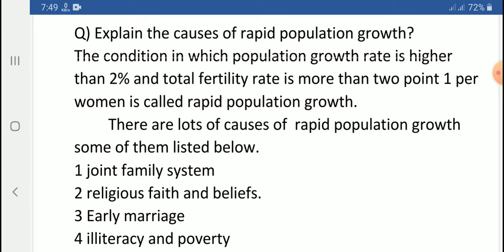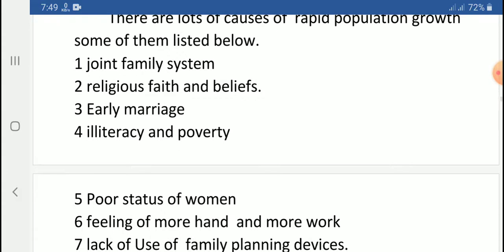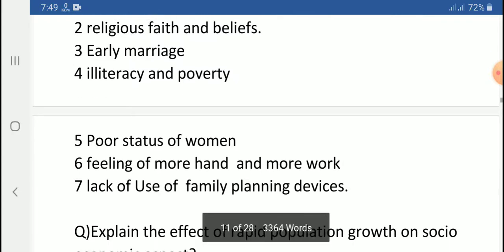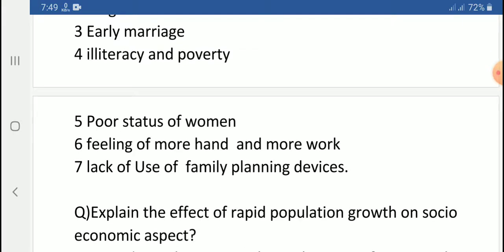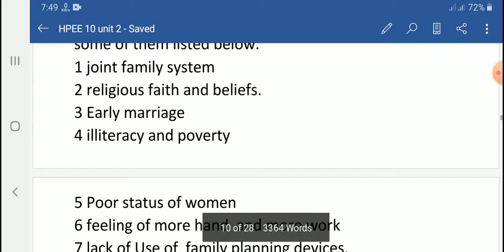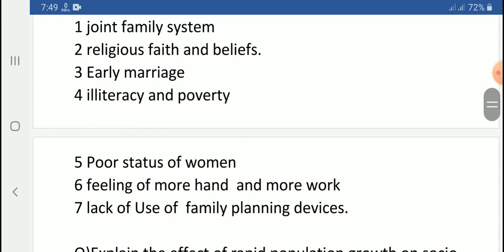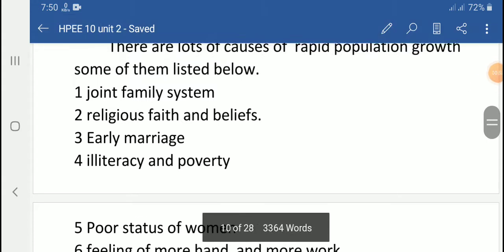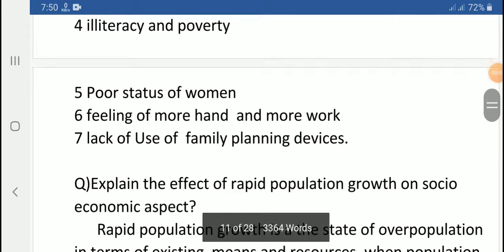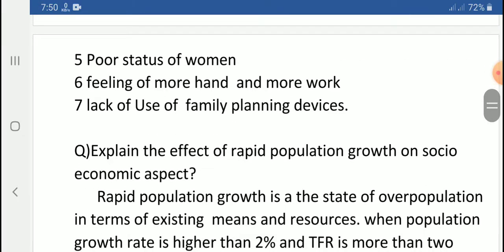And there are lots of causes of rapid population growth, and some of them are listed here. They are joint family system, religious faith and beliefs, early marriage, illiteracy and poverty, poor status of women, feeling of more work, lack of use of family planning devices, and so on. So these things I have been explaining in class 9 SPE second unit part 2. You can see there and you can know more about it. It's not that much important for grade 10, so I'm gonna explain about the next question, and this is